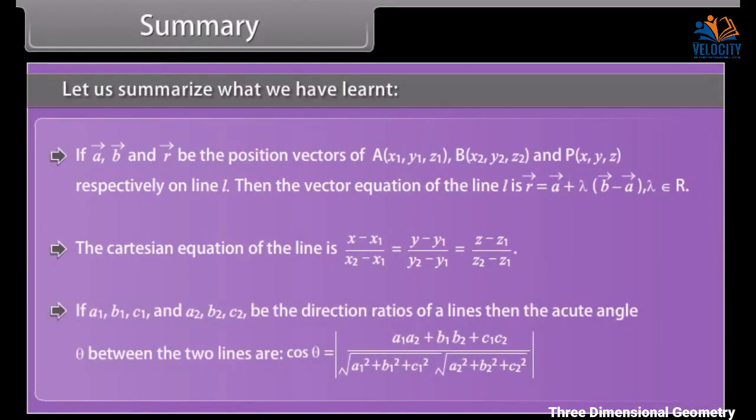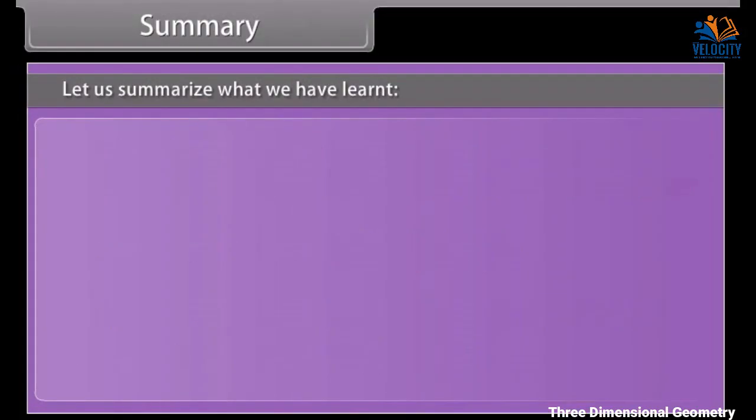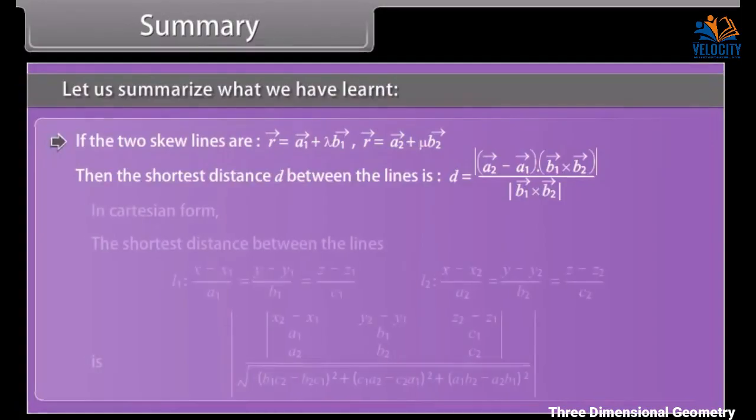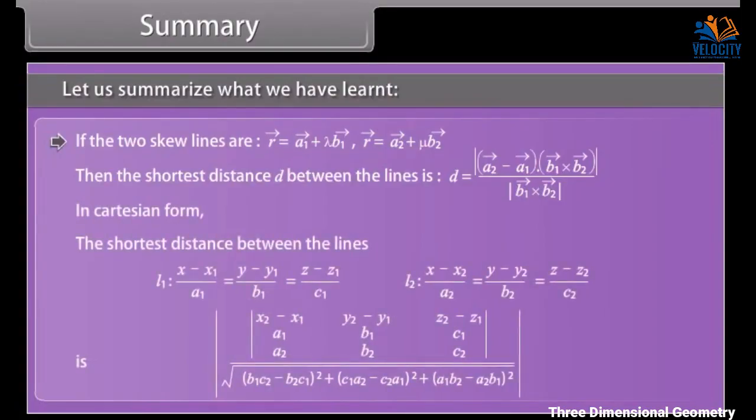If a1, b1, c1 and a2, b2, c2 be the direction ratios of two lines, then the acute angle theta between the two lines is given by the formula. If the two lines are skew lines, then the shortest distance d between the lines is given by the formula. In Cartesian form, the shortest distance between the lines is